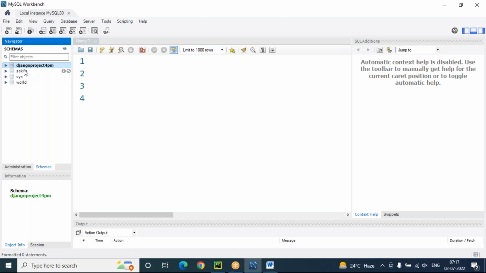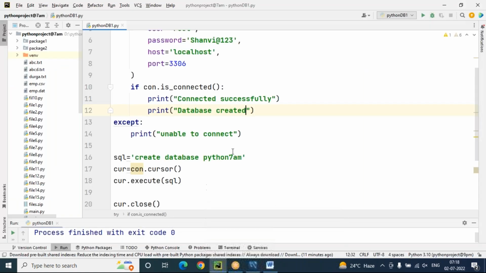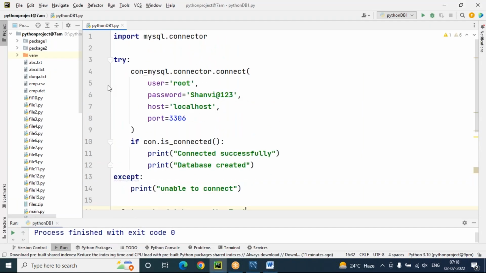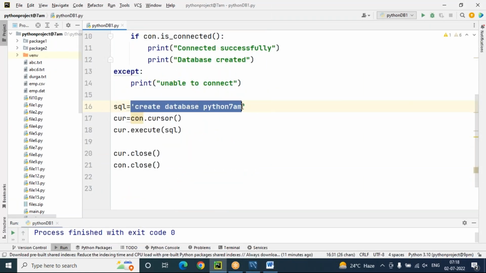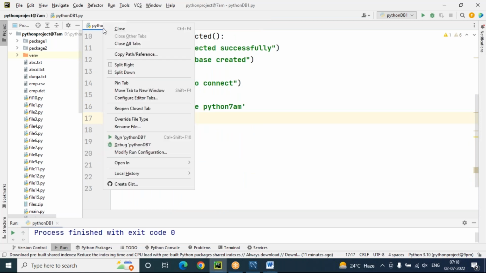But on the left-hand side, you can see which one is highlighted in strong text: Django project 4pm. That strong text indicates the database you are currently using. Okay, a database is also called a schema. These are the schemas. But once I execute this program, the create database program, where the database name is Python 7am,